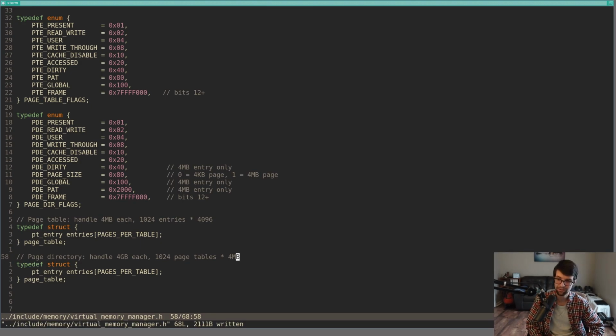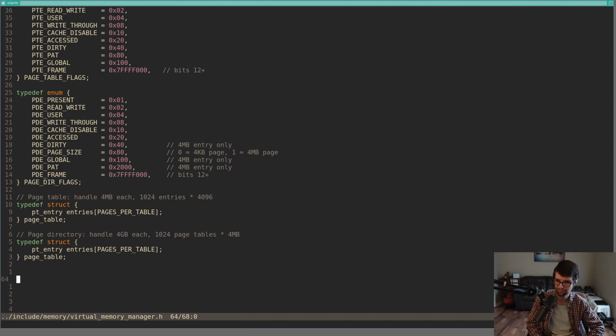And that ends up being one page directory for our 32-bit address space, which makes this a little simpler for a 32-bit OS, which is nice. We really just need to be using one page directory at a time, which is fine, and we set CR3 with whatever page directory we want to use. This will be the PD entry page directory. This will be